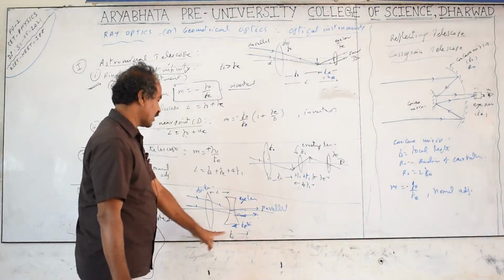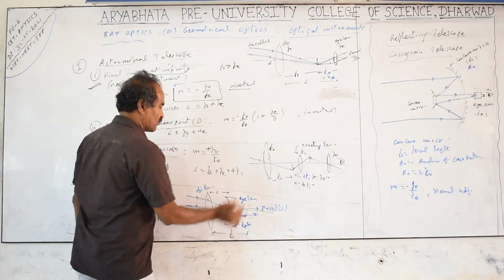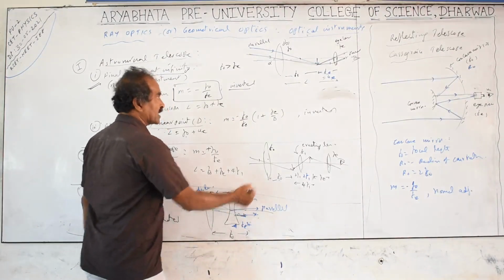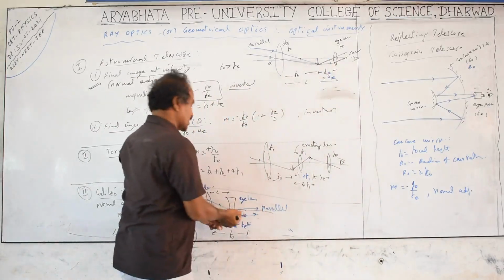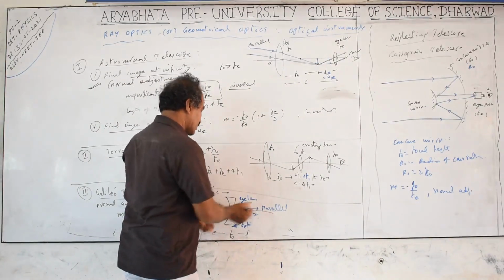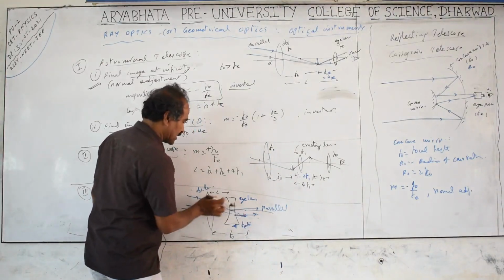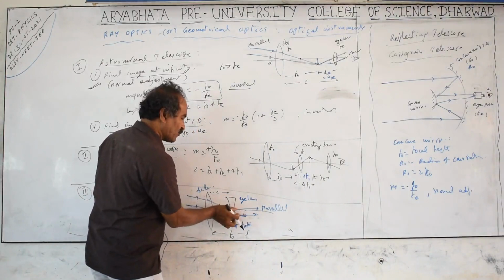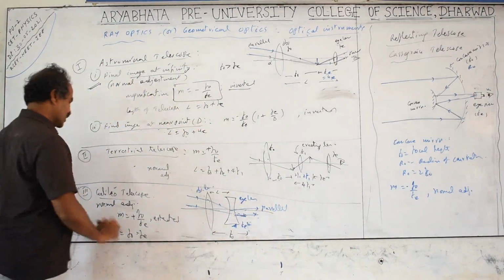The length becomes equal to FO minus FE for the normal adjustment. The image formed by the first lens should be at the focus of the second lens. Here also it is at the focus of the second lens, but this is on the left side. If it is on the right side, it is for the concave lens, with minus focal length. So the light rays do not actually form the image here, but they appear to be forming it, that is a virtual object. This image formed is actually a virtual object for the second lens, and it is at the focus, meaning the light rays become parallel. That is required for the normal adjustment only.